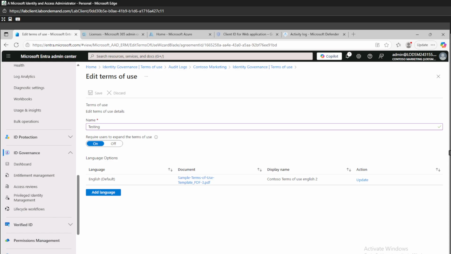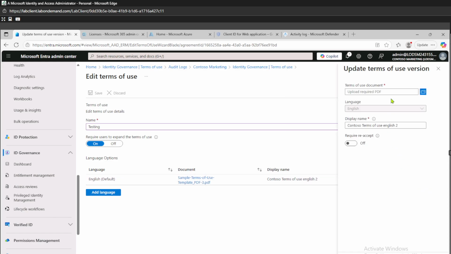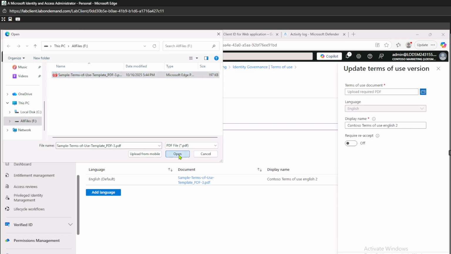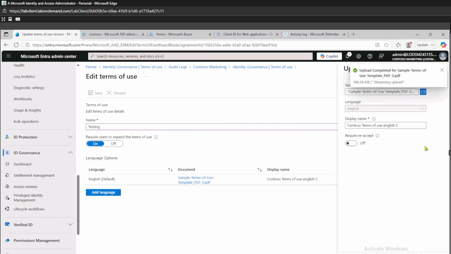So I think it's talking about this document here that we will be updating if required. So it's going to be under Entra ID, entitlement management, terms of use. Then we will click on the specific terms, edit terms. Then we will be on this page, and we can just click on update, and we can select the language, or we can update any other file. I'm just going to upload the same file again, and I can click on require re-accept. I think that's going to enforce on the users that they will have to re-accept this. I'm going to add,